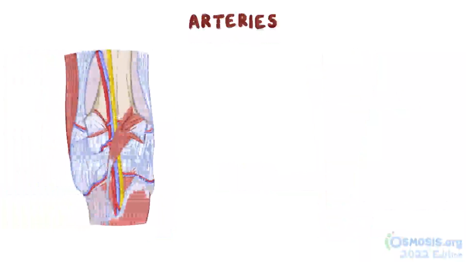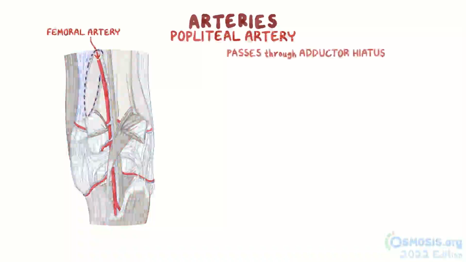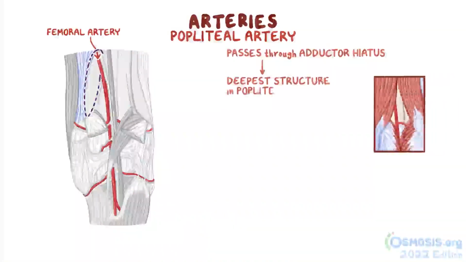Next up, let's look at the arteries of the popliteal fossa. And the starring role for this short movie belongs to the popliteal artery. This artery continues the femoral artery after it passes through the adductor hiatus. The popliteal artery is the deepest structure in the popliteal fossa, and it crosses it inferolaterally and ends at the